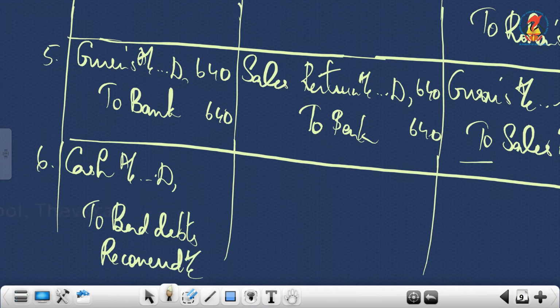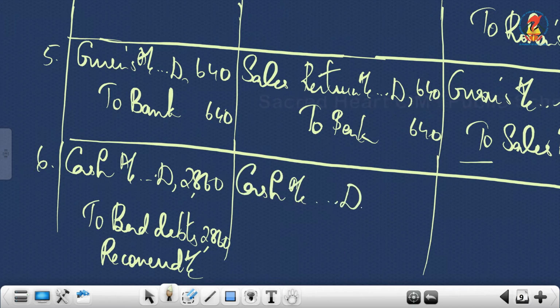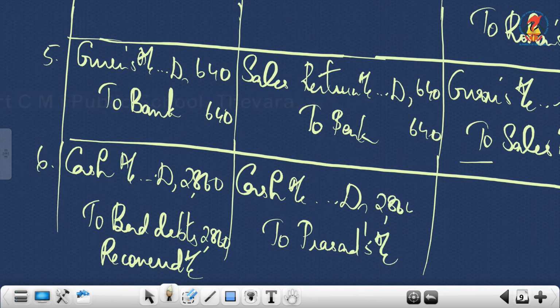The amount is 2,860. Instead of that, what was the mistake, you have credited it to his personal account. That means debit aspect we wrote correctly, cash account itself we wrote. If we are writing cash here, use the same term here, and if you are writing bank, you write bank here. Two, what was the mistake, you credited it to Prasad's account, 2,860.